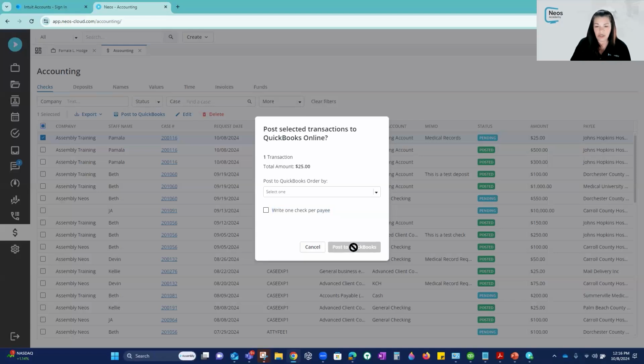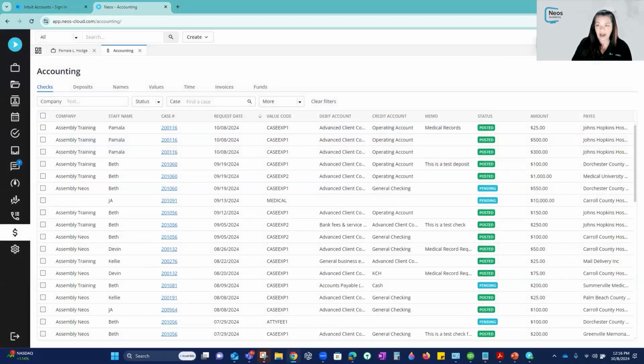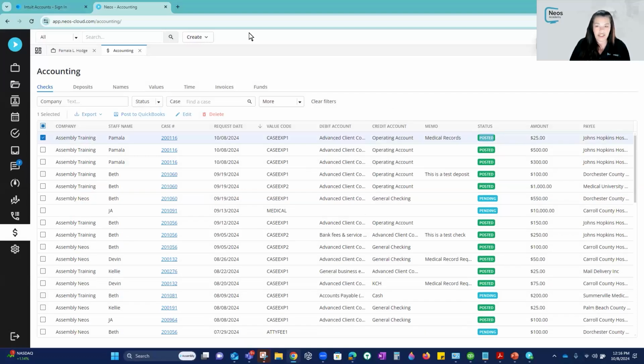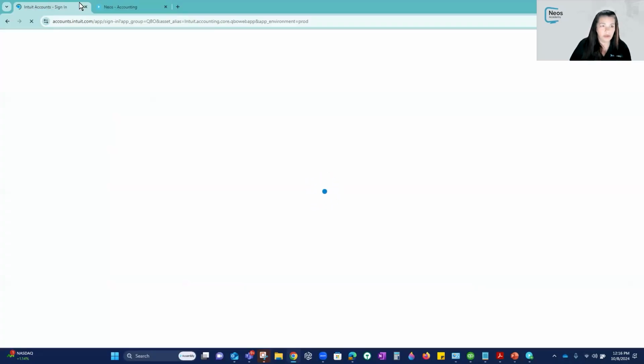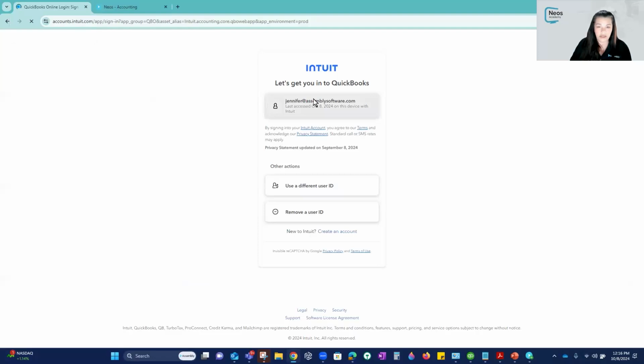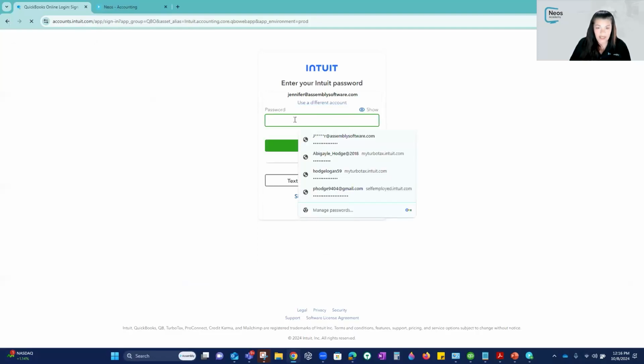When you hit post to QuickBooks, you're going to get a confirmation up here that says data has been saved successfully. And then if you're looking at this screen here, it's going to tell you that this check was posted to QuickBooks. Once the check has been posted to QuickBooks, you can go into your online QuickBooks account. Once you're logged in,